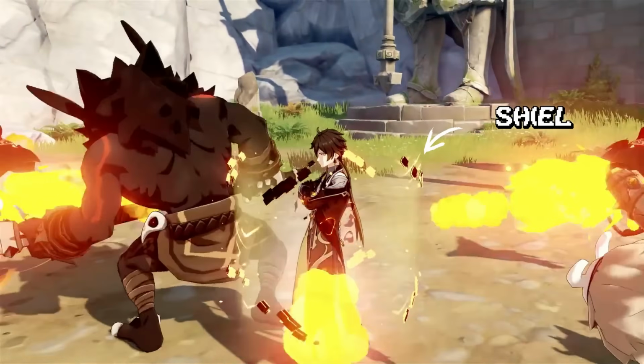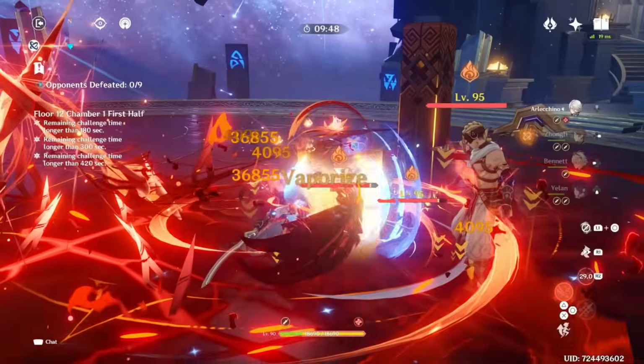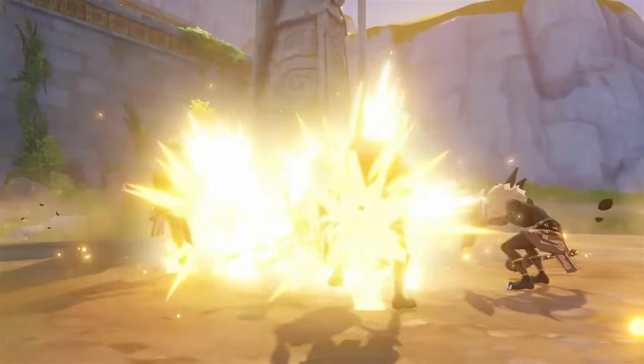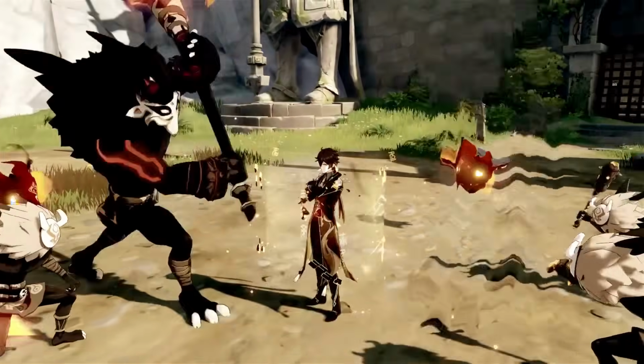Zhongli is a top-tier shield character in Genshin. In most situations, his shield is borderline unbreakable when built right, so he's a great character for if you want to turn your brain off when you're attacking with your main DPS, because with him, you won't need to worry